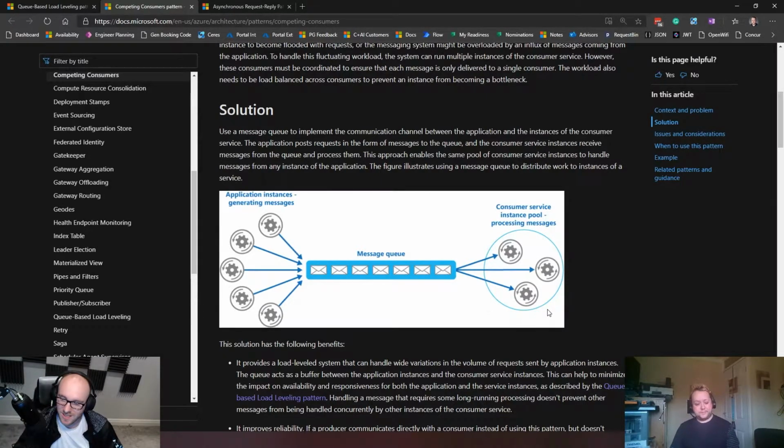So I think the magic behind this is when you start thinking about some of the more PaaS services which are available in the platform. So things like Azure Functions or app services that can actually scale based upon that queue that you're talking about, because that's what we're talking about, this idea of scaling out those instances rather than scaling up. So having more hands to the pump, like you say, to go and process that backlog so you can keep it going through. Now, of course, you're still bringing it back to that thought from the previous page about leveling out that load and how you make sure you're processing quickly enough.